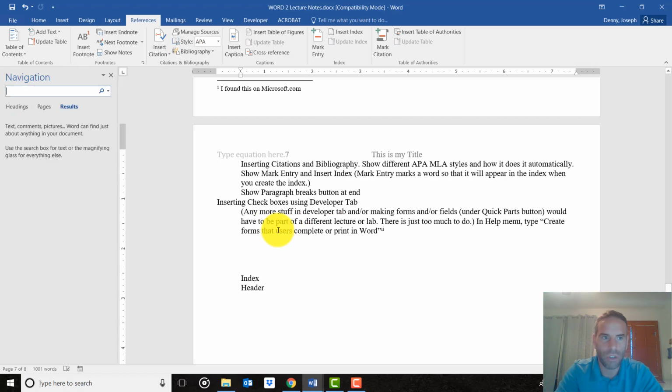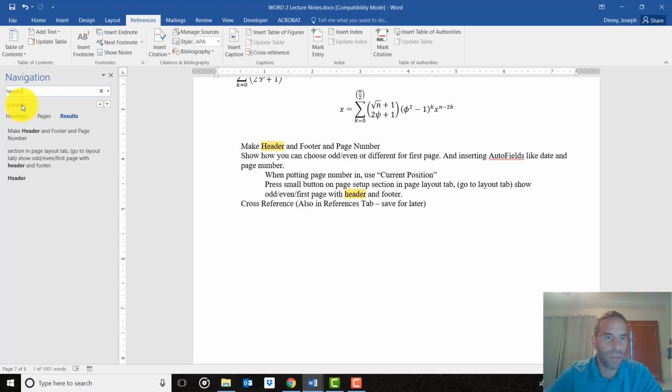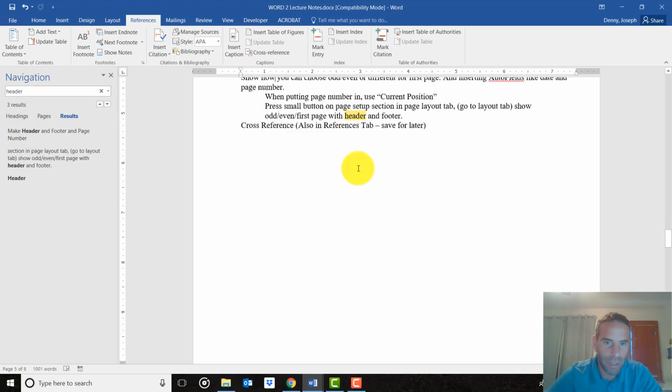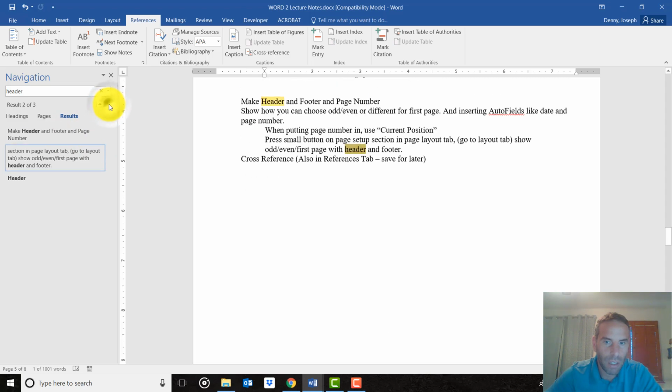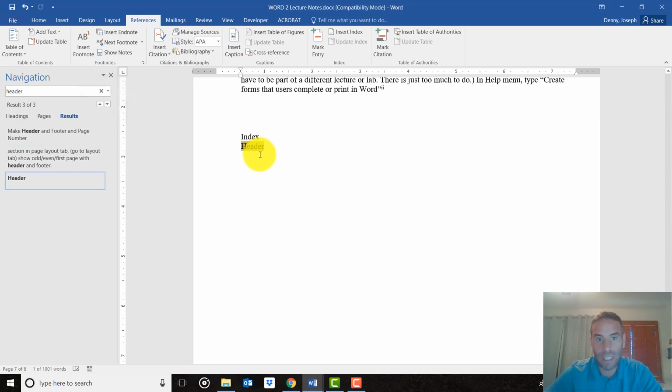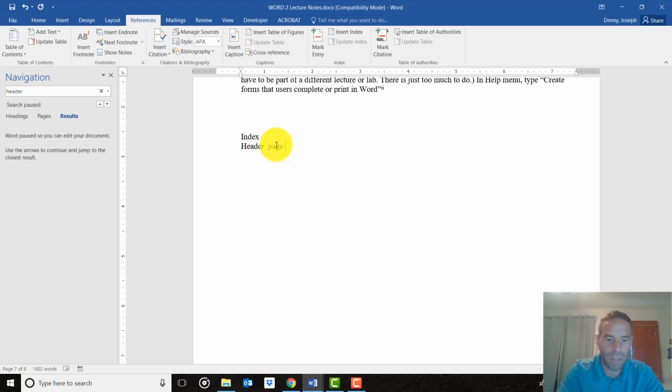We use Control F and type in header, and it appears in 3 results. It appears here on page 5, again on page 5, and then down in the index. So really, it's just on page 5, right? So you can manually go and find the words, but the way you want to do it is